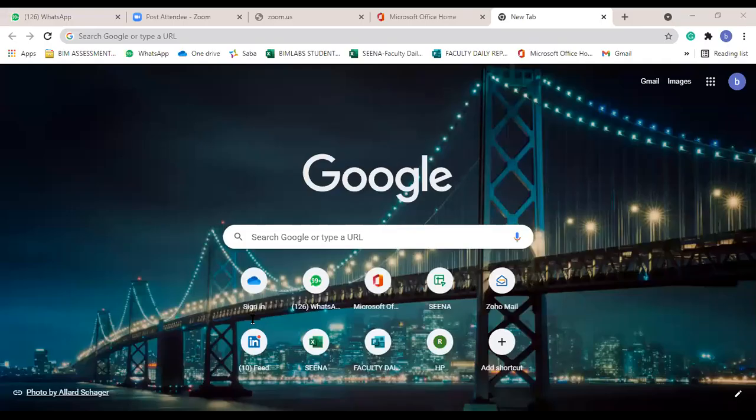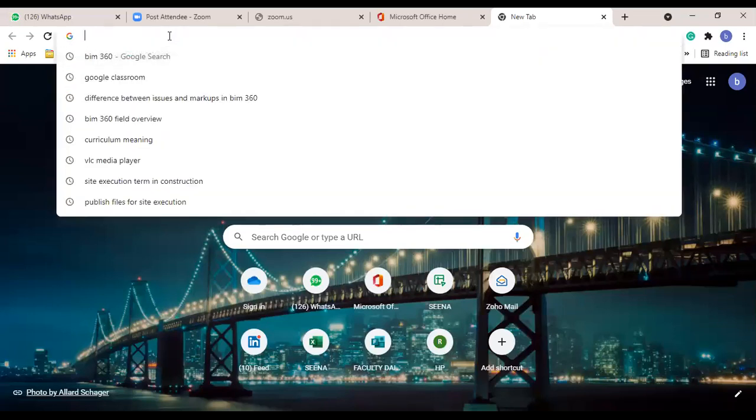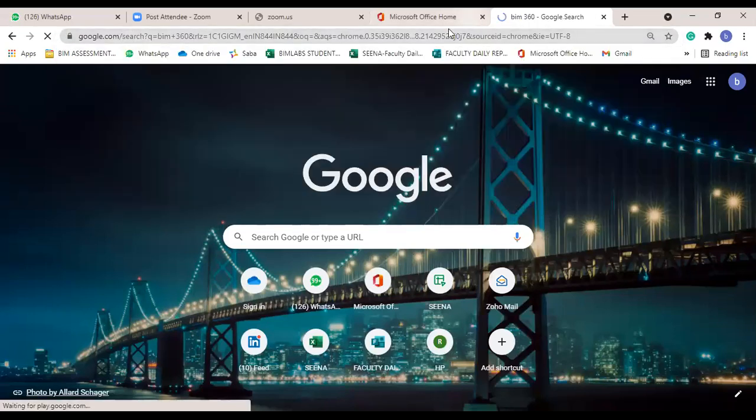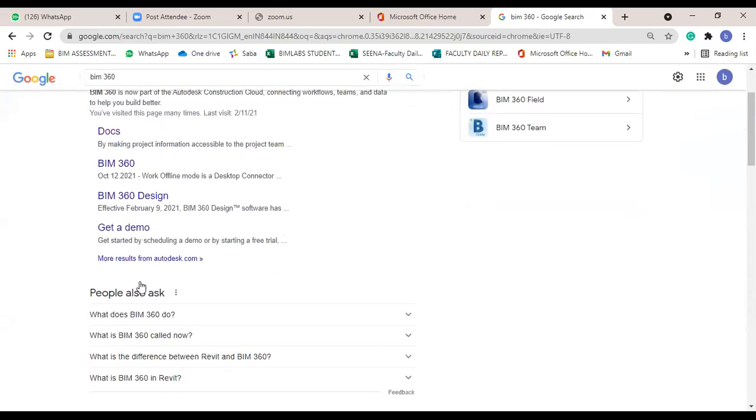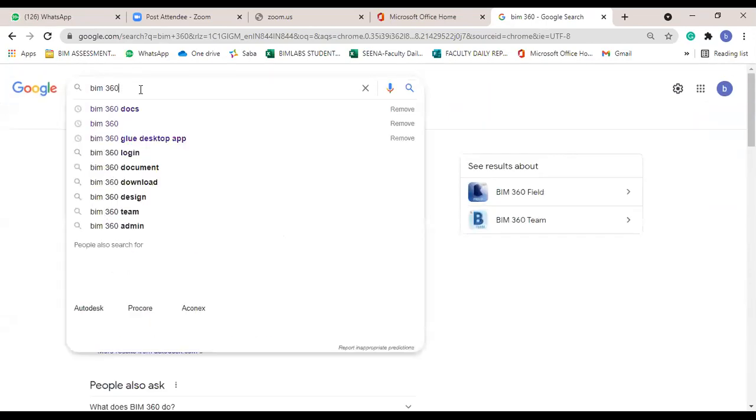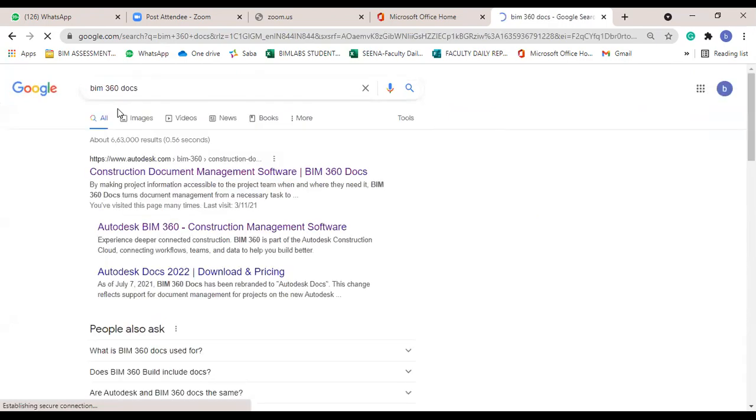So back to Chrome. Just type BIM 360 Docs. Just click on the first link, construction document management software BIM 360 Docs.